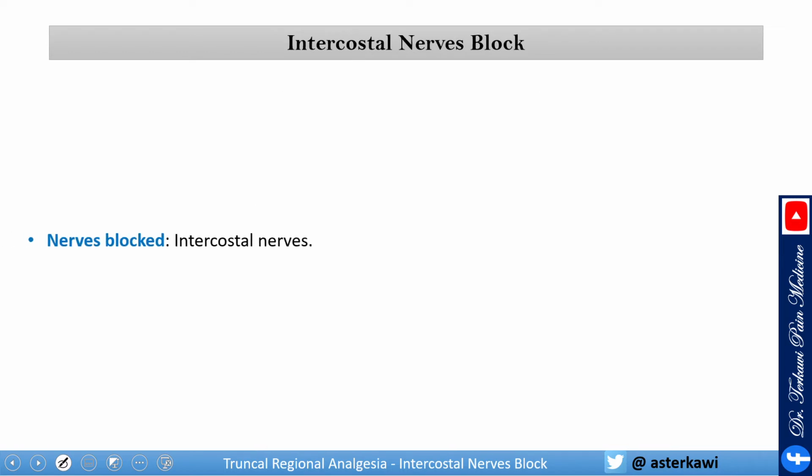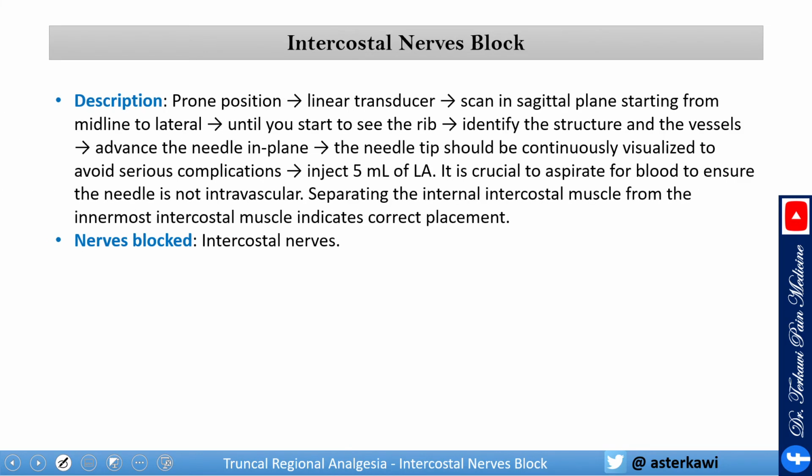So how do we do it? Position your patient in a prone position, use a linear transducer, scan in a sagittal plane. I will show you in a minute a few pictures. Start from midline to lateral until you start to see the ribs. Identify the structures and the vessels. Advance the needle in plane. The needle tip should be continuously visualized to